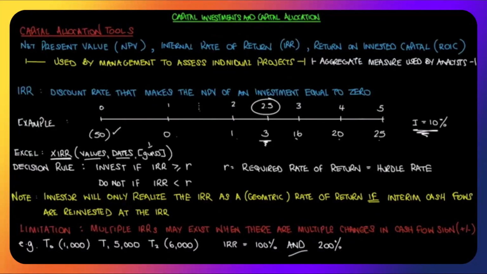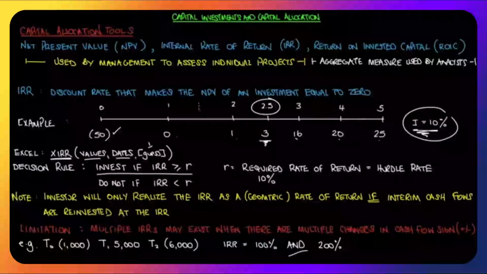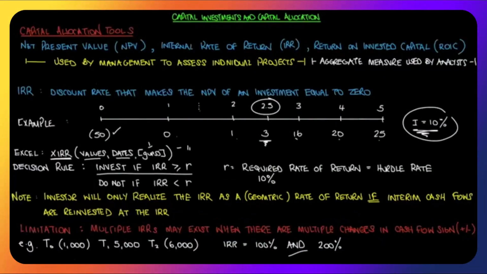And that leads us nicely into the decision rule. Invest if the IRR is greater than, and again it says or equal to, same argument as earlier, greater than or equal to the required return. Do not if the IRR is less than the required return. Hence, the required return is often referred to as a hurdle rate. Just a quick reminder here, we had 10 as the required return. Excel calculated for us an IRR of 6.76%. We're in the situation, as we said, where IRR is less